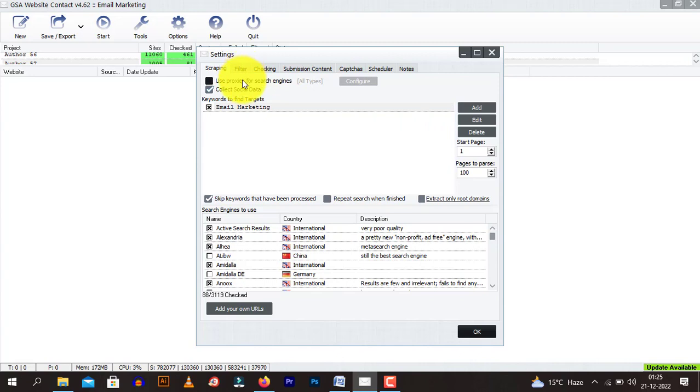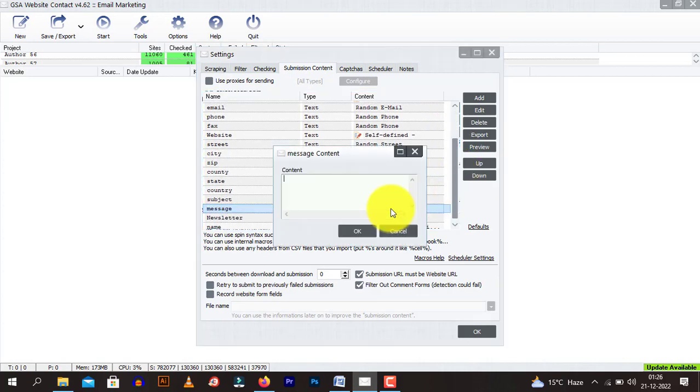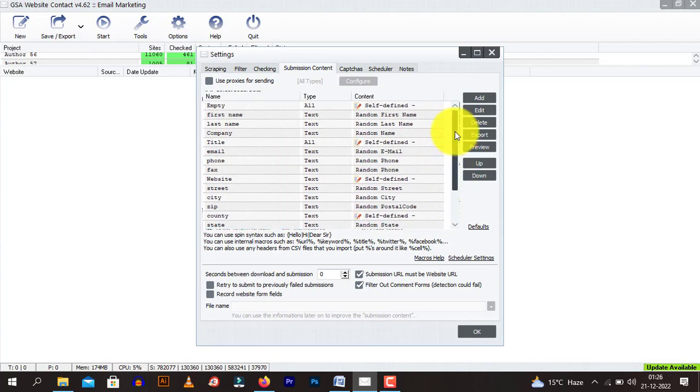Now you need to set proxies for the search engines. Although this software can scrape proxies from search engines, paid proxies are better. If you use free proxies, there is a high chance of errors. You can submit your content from the message that you select here. You can type your message, anything. For example, I can do email marketing campaigns on your behalf. If you wish to collaborate with me, here's my email, and you can submit this. This is how the bot will submit to thousands of contact forms all across the web, and you will get replies, and most of the tasks can be automated, and you can sit back and relax, and see the money come rolling in.